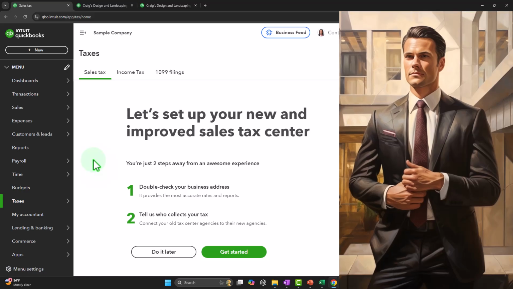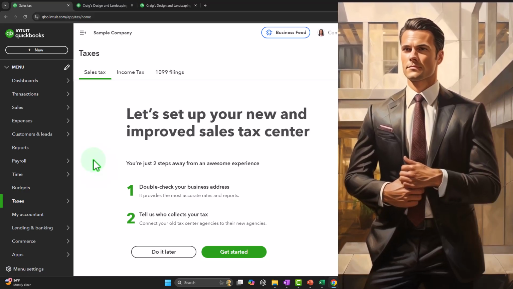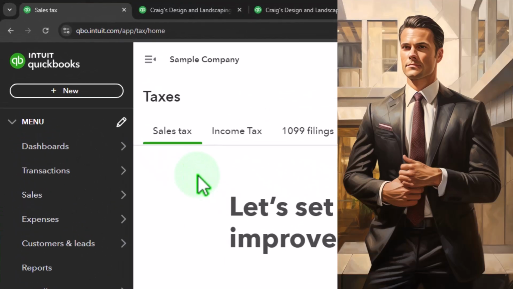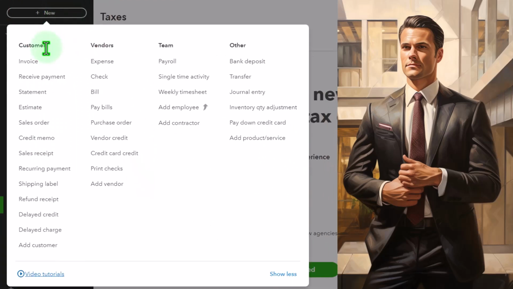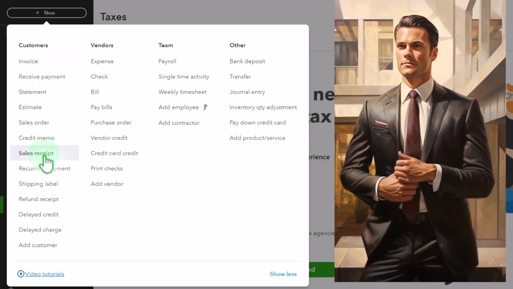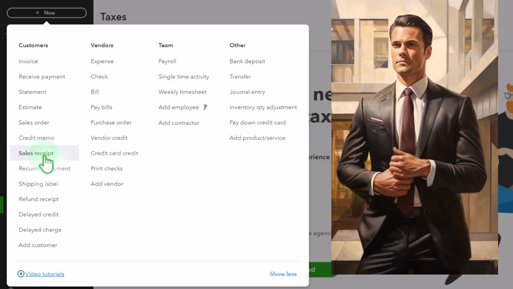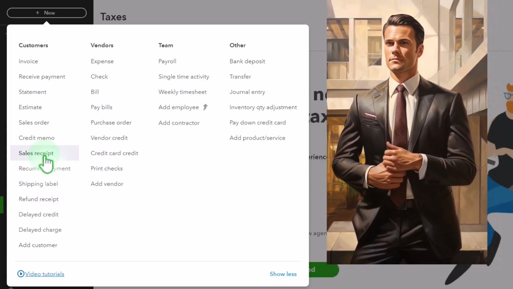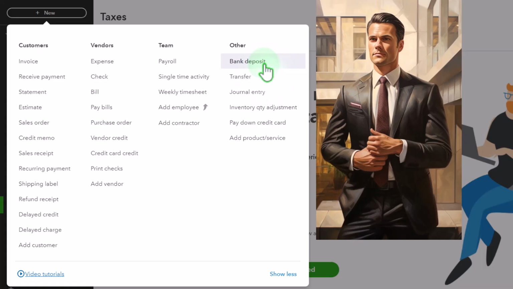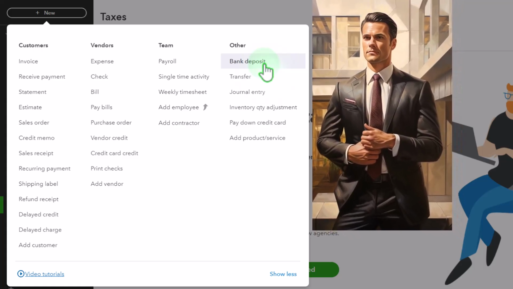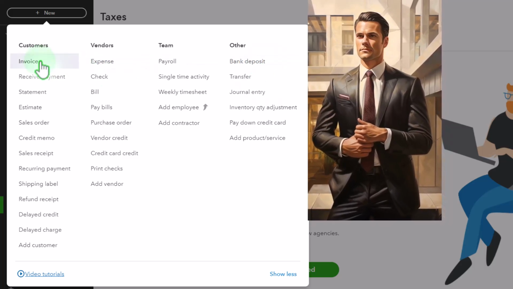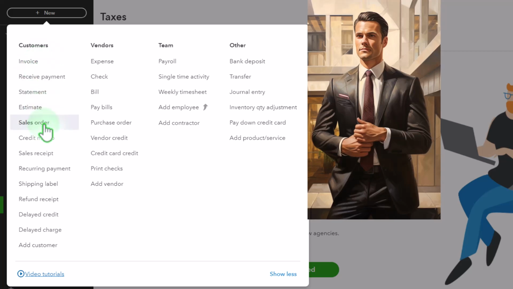So when we set up the sales tax, the first thing we would do if we're doing the full service sales tax system is basically set up the sales tax over here. And then when we sell stuff using the customer side, the sales forms are the invoice and the sales receipt. Invoice dealing with accounts receivable, sales receipt, no accounts receivable, like at a cash register. Noting, however, that you might also sell things with the bank deposit form, which throws a wrench into the system. You might use that, for example, if you're trying to use the bank feeds to record sales. That's going to mess things up typically, because the sales tax is typically tied to the invoice and the sales